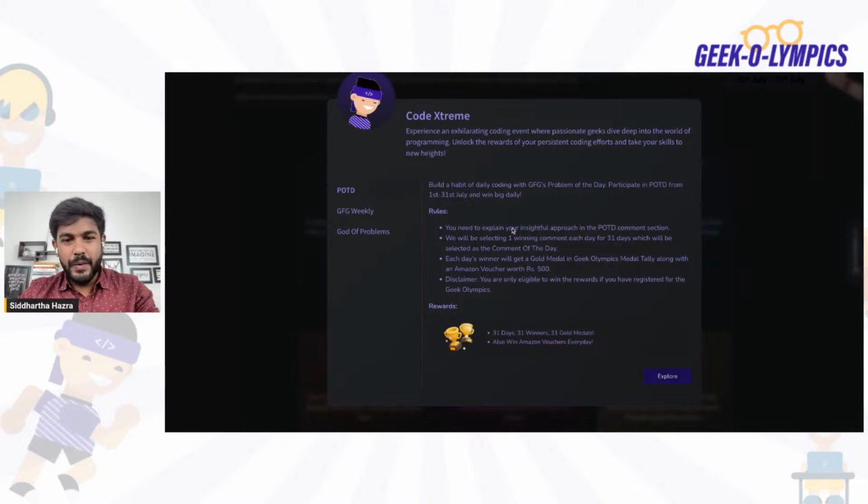What you basically need to do is explain your insightful approach in the POTD section. POTD is nothing but the problem of the day. Everyone has their own problem each day, like LeetCode has a problem of the day. In the same manner, Geeks for Geeks also has the problem of the day. This is how it looks,